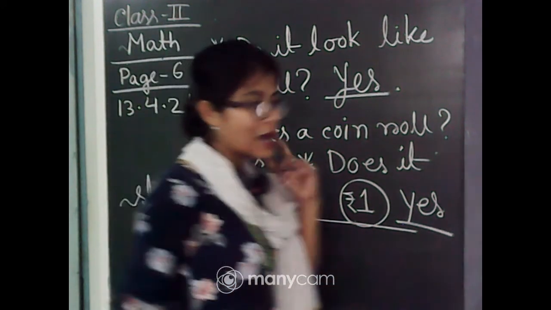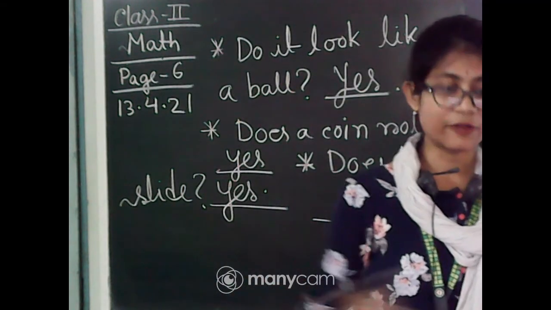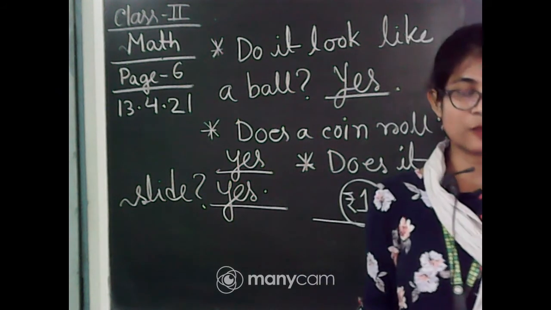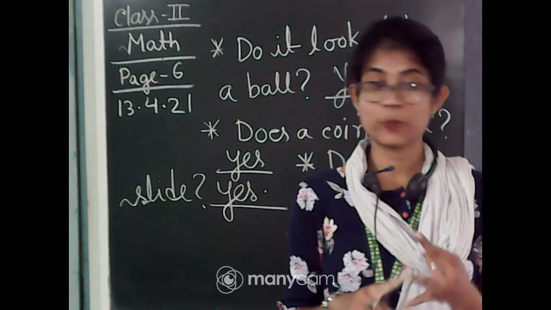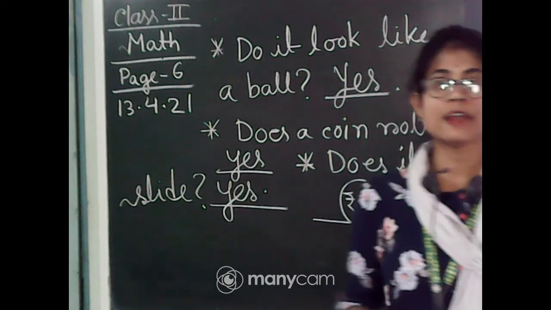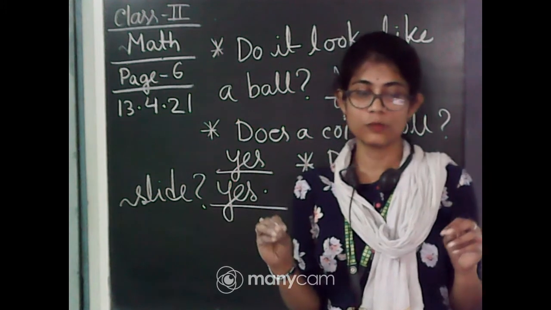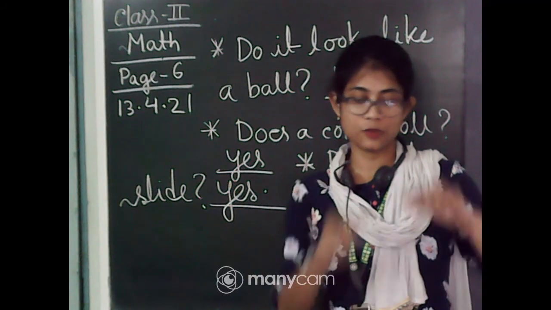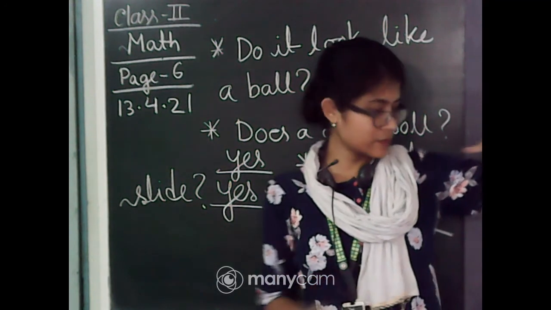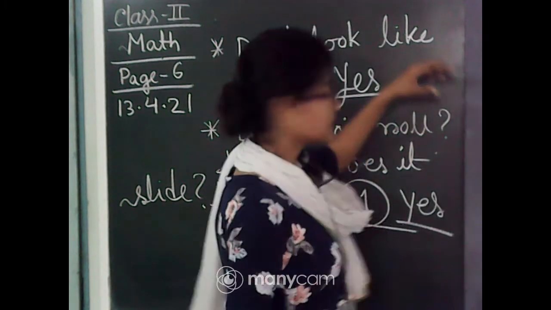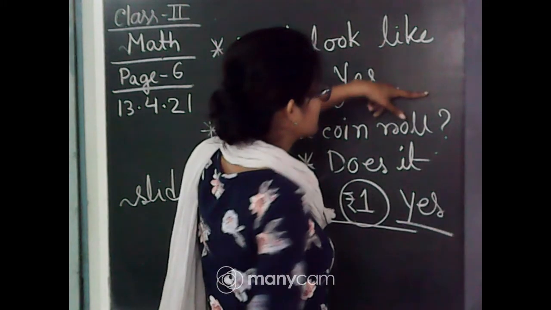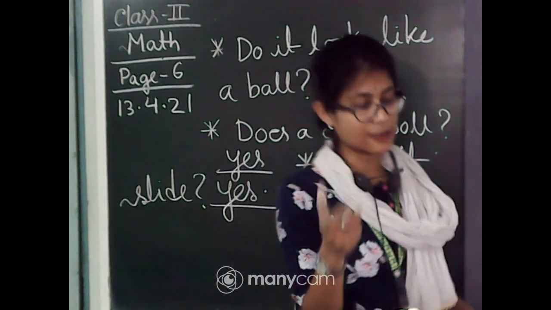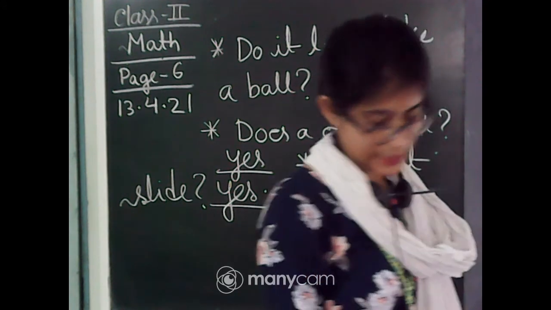Today, after completing all the classes, today's class routine, you just tell your parents to give you a 1 rupee coin, 2 rupee coin, 5 rupee coin, and 10 rupee coin, and do the experiment, because you are staying at home now, so you can do the experiment. Okay, tell your parents. Because you are not in the classroom now, I can't show you. If it is the floor, then place it like this, and then give it a spin like this, and it will start spinning like a ball. So it's a very fun game.